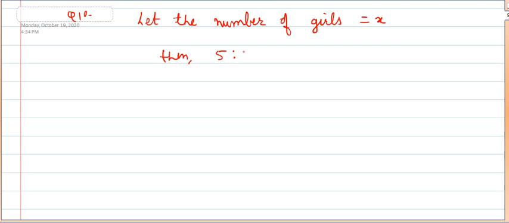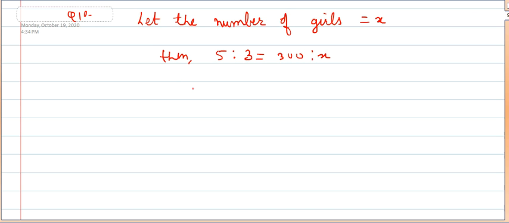लेट द नंबर ऑफ गर्ल्स इक्वल टू एक्स. ठीक है, अब देखो गिवन रेशियो में क्या 5:3, ये बॉयज़ और गर्ल्स का रेशियो है. मीन्स 5 जो है वो बॉयज़ से रिलेटेड है और 3 गर्ल्स से रिलेटेड है. तो हम क्या कहेंगे, देन 5:3 इक्वल्स, सो नंबर ऑफ बॉयज़ आर 300, 300 is to x.